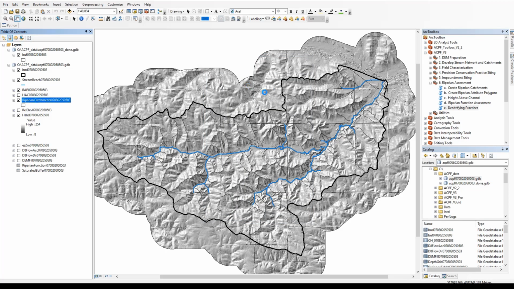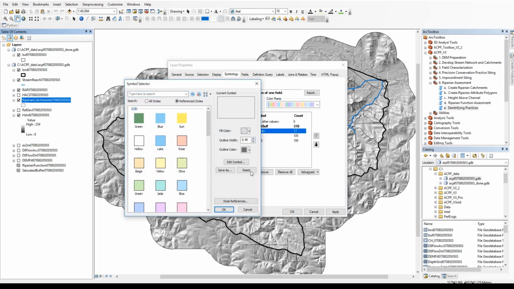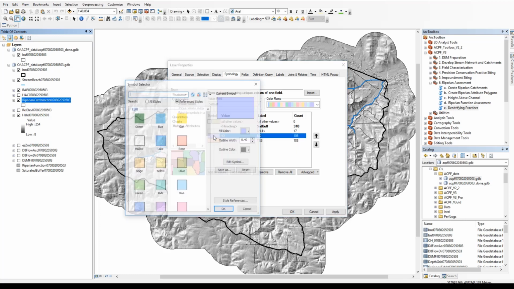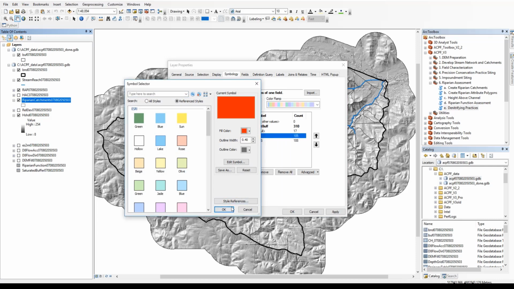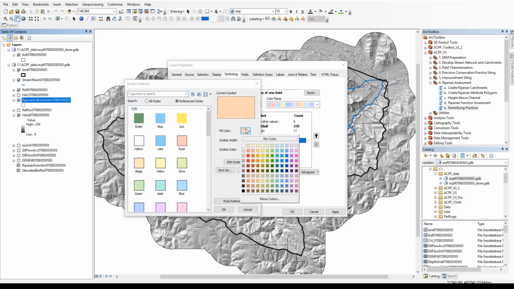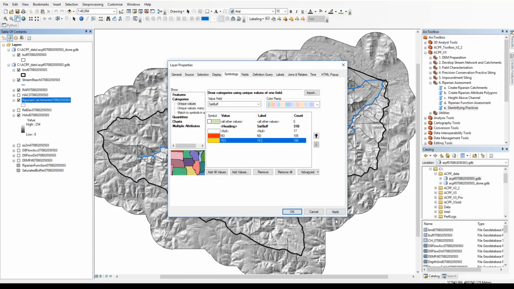Then we can go into symbology, go to categories, and let's symbolize by saturated buffer suitability. Again, our headwaters are null. We can make no red, and we'll do yes as yellow.